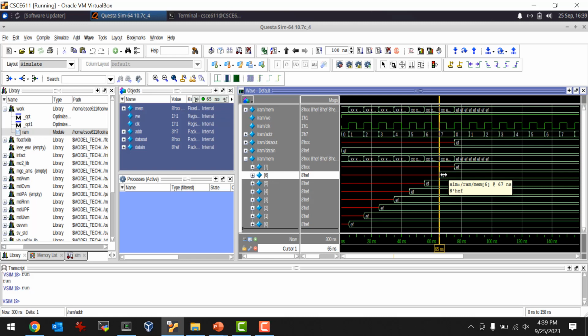The address is 7, and I'm working on writing 7. The address is 7, the write enable is high, and the data is fixed at EF, right? But notice that even though in this cycle I'm writing 7, the data coming out is still the old data, is still dead, right?